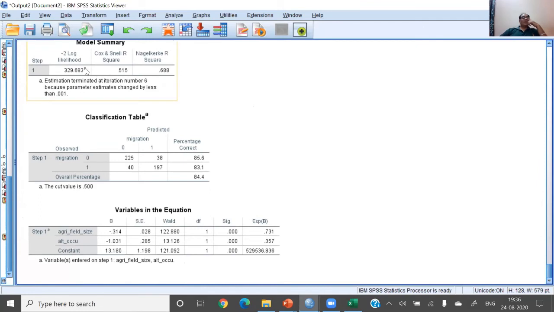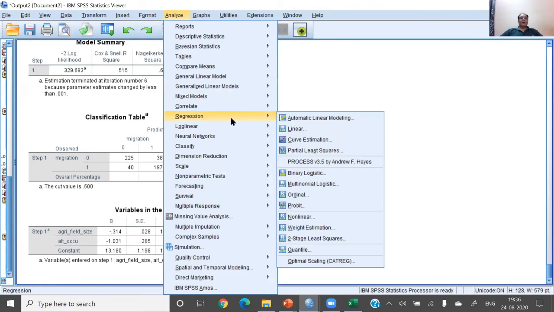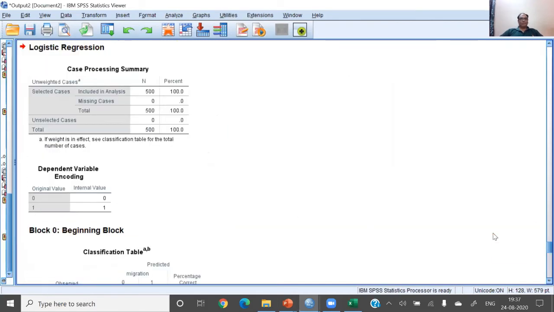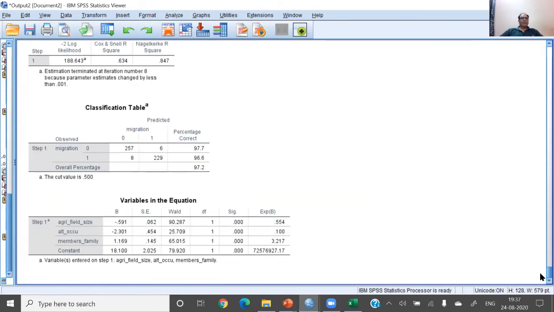For -2 log likelihood, it means higher the value. Okay, I have to check it. Log likelihood value, I have to check it. But the R square value is decreasing. It means this is an important variable, so I should add it back. I should add this variable because there is a significant drop in the R square. Now my R square is 63 to 84%, and it is found to be significant. So I should keep this variable.